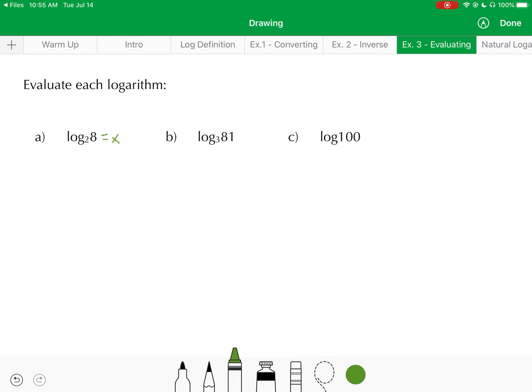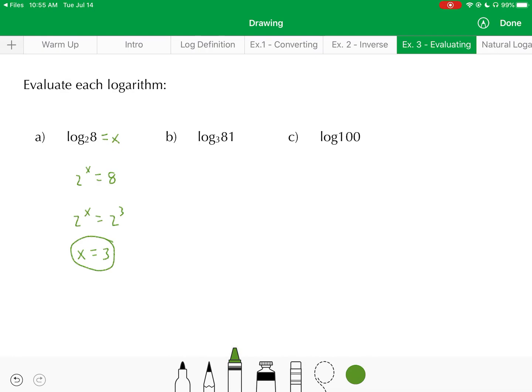Okay. So understand we're saying 2 to what power equals 8. So I've essentially gone from logarithmic form to exponential form here. I've now created an exponential equation, and we looked at these last section. To solve an exponential equation, you just try to write your bases on each side to be the same number. Well, 8 is 2 cubed, right? So now I have the same base of 2 on each side, and I can set the exponents equal to each other, okay? So that tells me that log base 2 of 8 is equivalent to the value of 3,